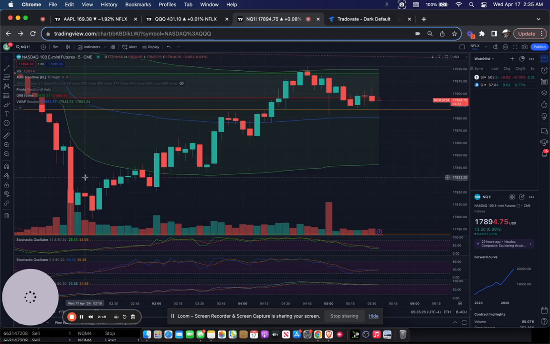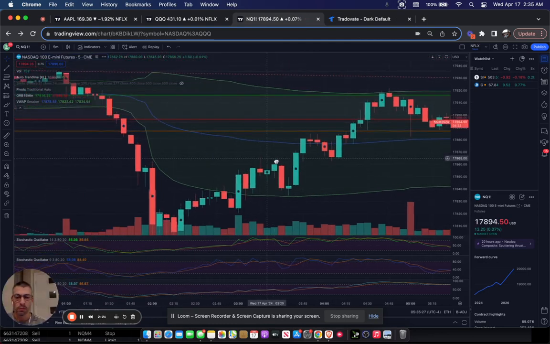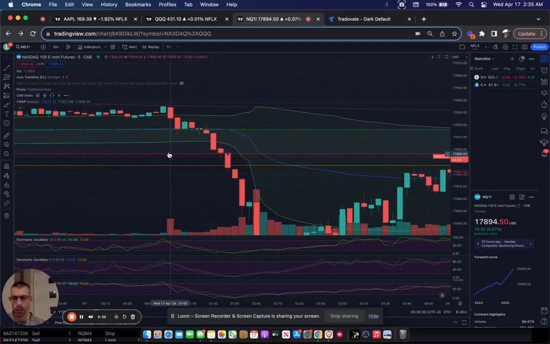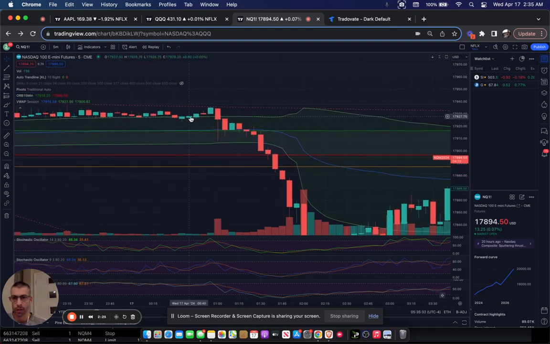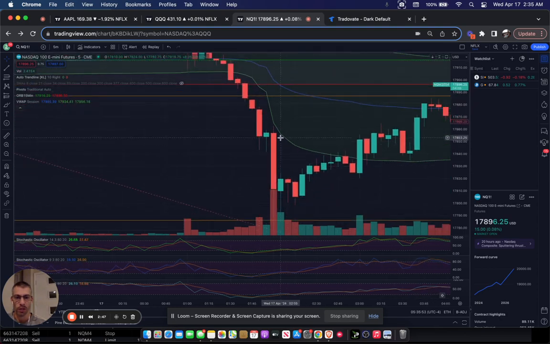So this is what happened. I missed all of this. The market was just going sideways for hours. This is the 5-minute chart. I'm on the NQ, and it couldn't get over this channel. And then sure enough, it rejects. From 1, 2, 3, 4, 5, 6, 7, 8, 9, 10, 11, 12, 13, a little over